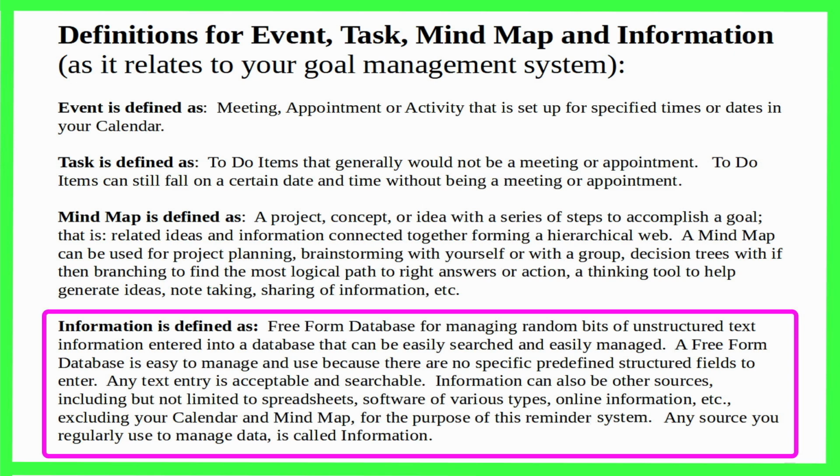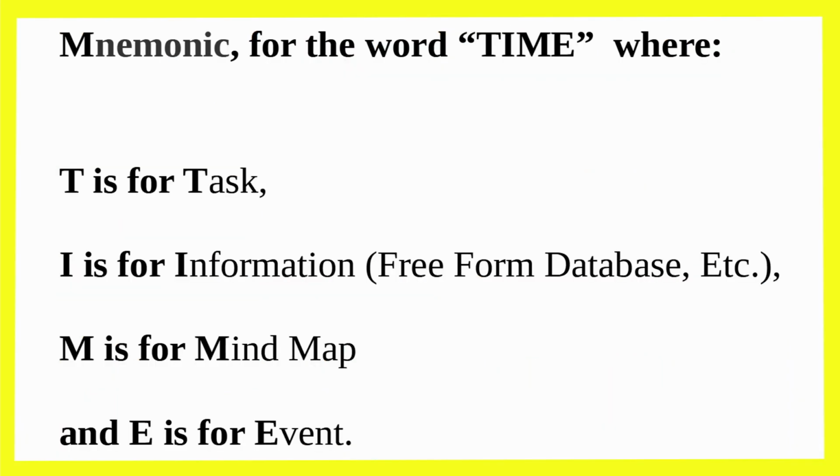Information can also be other sources, including but not limited to spreadsheets, software of various types, online information, etc., excluding your calendar and mind map, for the purpose of this reminder system. Any source you regularly use to manage data is called information. To make it easy to remember when and where to manage information, I have designed a mnemonic for the word